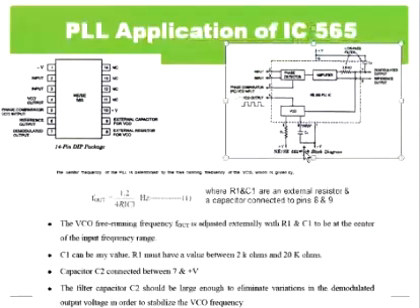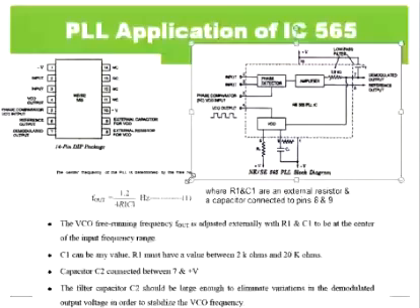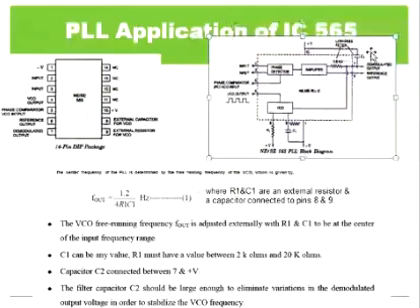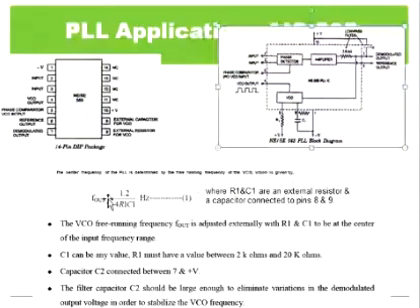When there is no input signal, the system is in free running mode, as we discussed earlier. At that time the output frequency is determined by the voltage controlled oscillator, which is defined by the externally connected R1 and C1. So we have to design this frequency such that the phase comparison will be done around the central frequency of this voltage controlled oscillator. That is given by this expression: F out is equal to 1.22 divided by 4 R1 C1.